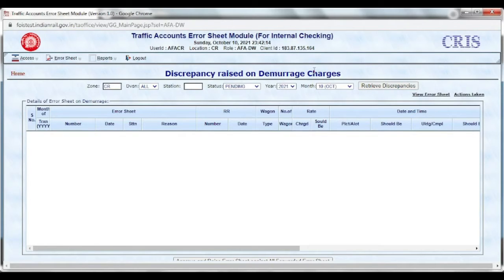And SSO in turn will forward it to AFA. AFA either sends it back to SSO for review or approves and issues the CAN. Once the CAN is issued, it will be shown on credit side of station balance sheet against special credit column.